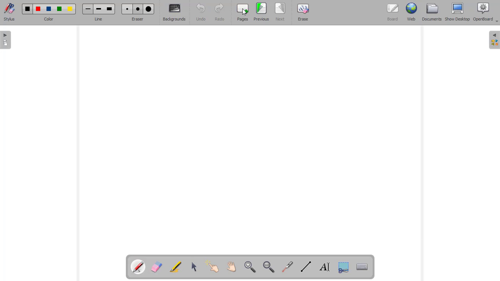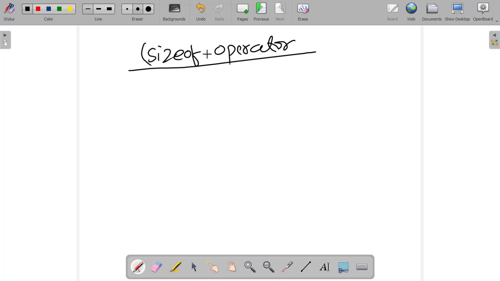So next we have the sizeof operator. See, sizeof I have written without any space. Don't be confused. We should not write it separately. It is one entity. So the sizeof operator is very simple.